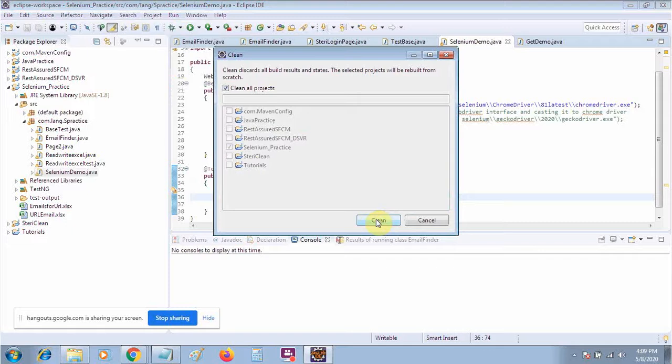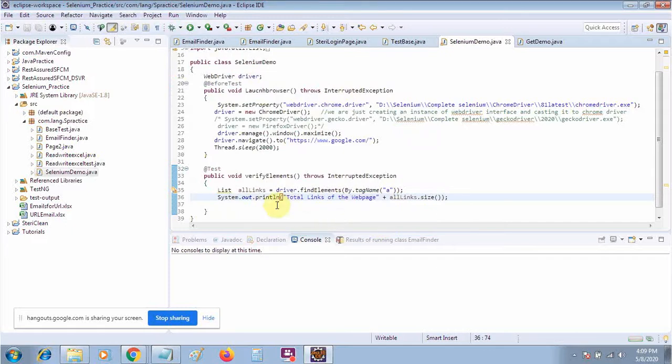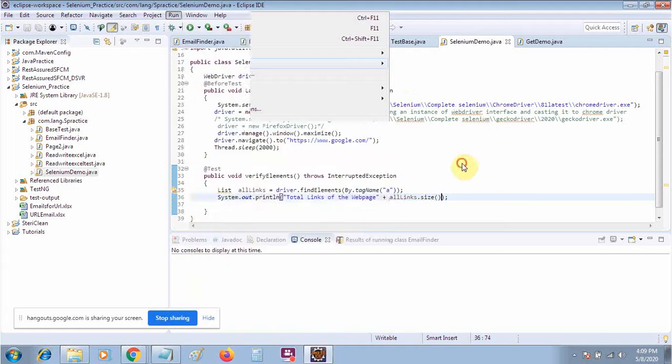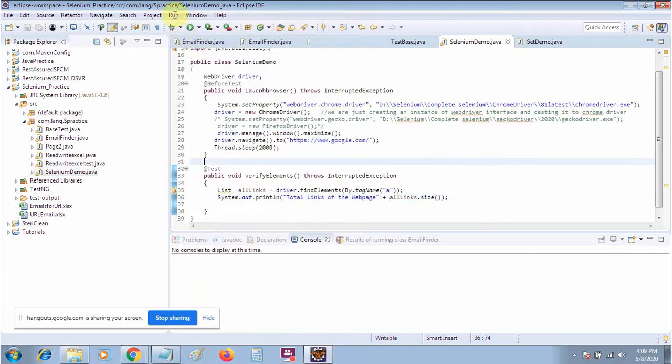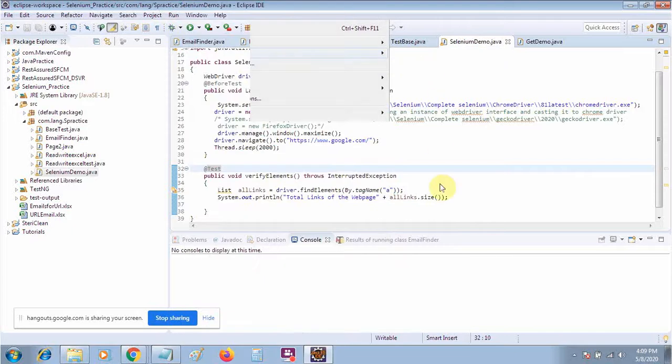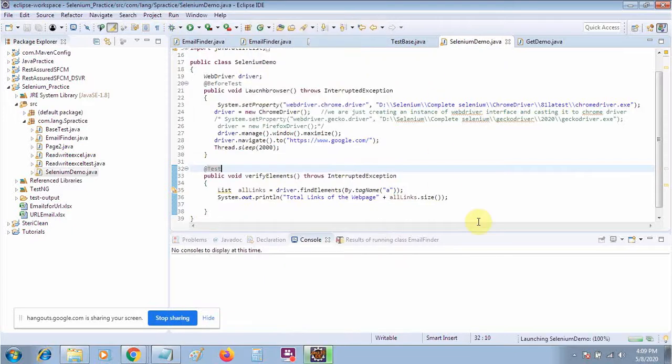Let me clean this one. I am checking whether there is any link available or not. Then we will write the code. First of all, we will see how many links are available. Then we will move on. Okay, so I will run it as TestNG test.